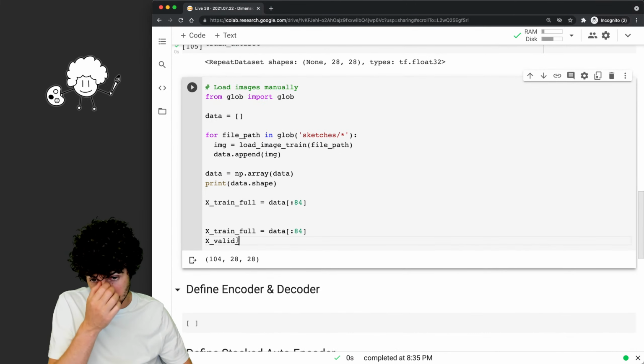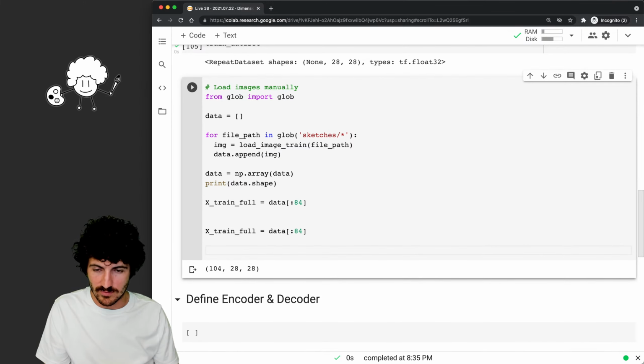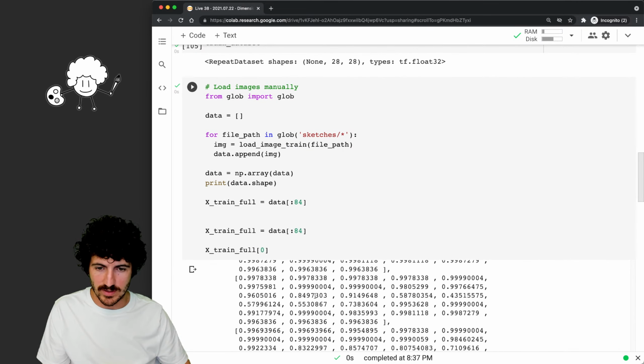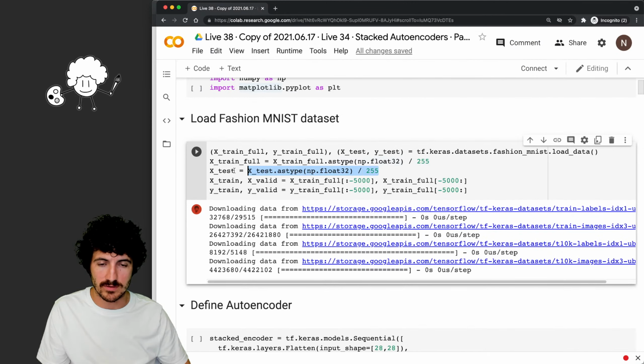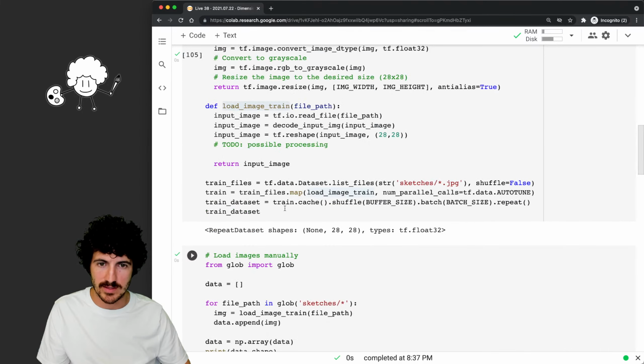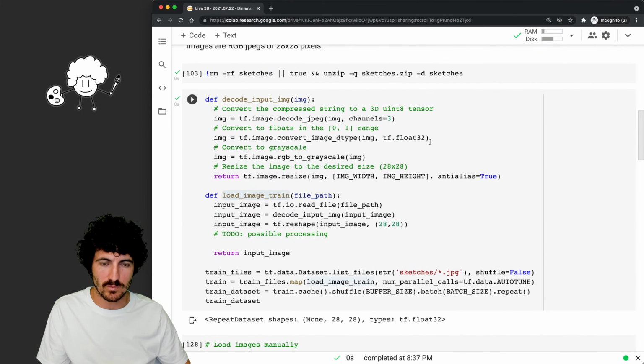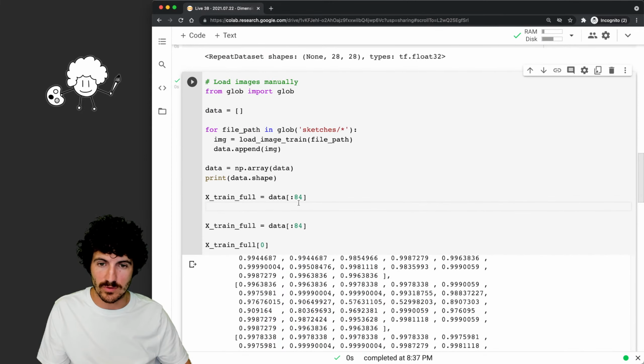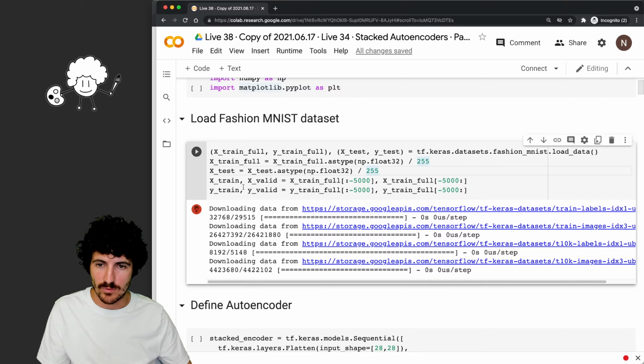Okay, that's important. So we get here the X train full 0. They're already converted to dtype float32 divided by 255. That is what they're doing here. That's what we were doing here. So we don't need to do that. So all the data is all the data. And now we have